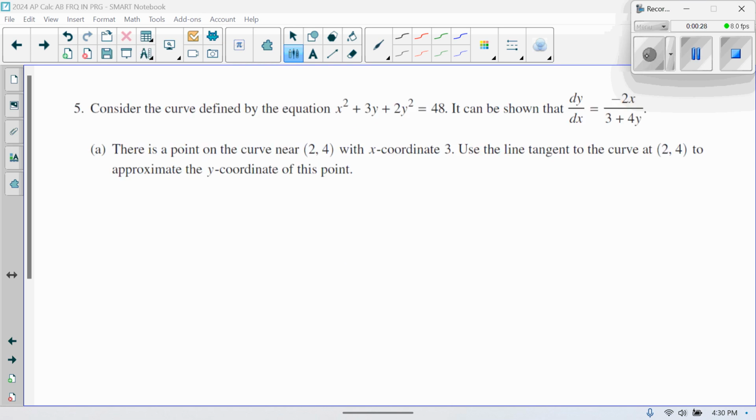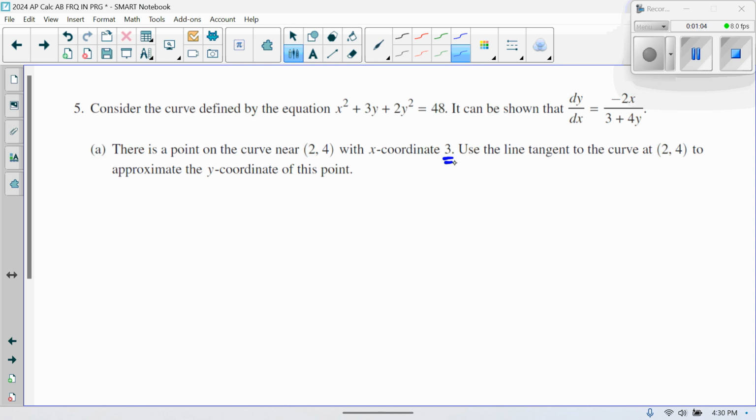Number 5 reads, consider the curve defined by the equation x squared plus 3y plus 2y squared equals 48. It can be shown that dy/dx equals negative 2x over 3 plus 4y. 5a states, there is a point on the curve near (2, 4) with the x-coordinate 3. That seems pretty important. Use the line tangent to the curve at (2, 4) to approximate the y-coordinate of this